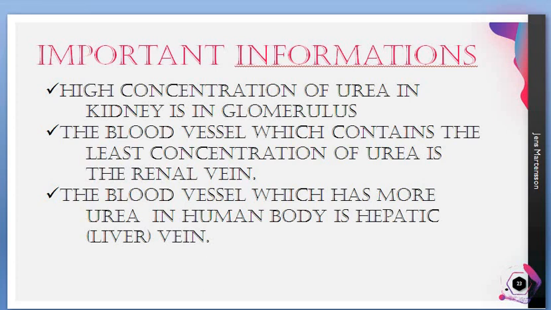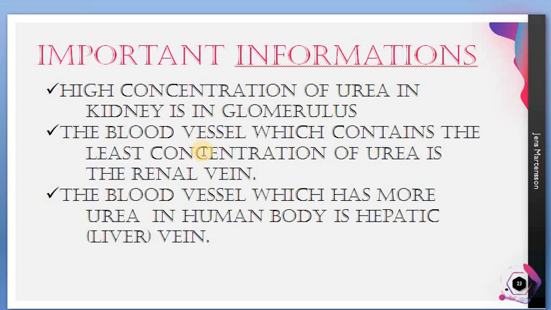Okay, so in our body, a high concentration of urea is found in the glomerulus, because when compared with the blood which is coming out of the hepatic vein, the concentration of urea is not so high because it's found along with the blood. When the blood is leaving out of the efferent arteriole from the glomerulus, what is found here is a huge amount of urea. So the concentration of urea in our body is very high in the glomerulus.